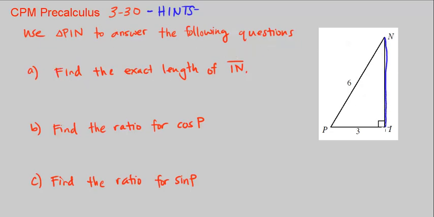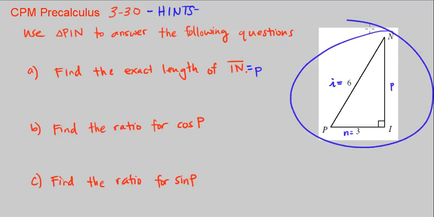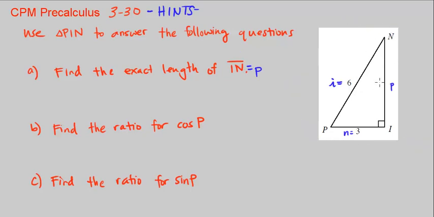So here's side IN, right? If you relabeled this, this would be lowercase p, this would be lowercase i, and this would be lowercase n. So side n is the same as lowercase p, right? So to find the exact side length of lowercase p, or IN, you can use a variety of different methods, right? You're given 90 degrees here, you can solve for one of these angles